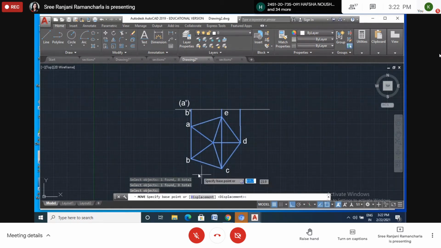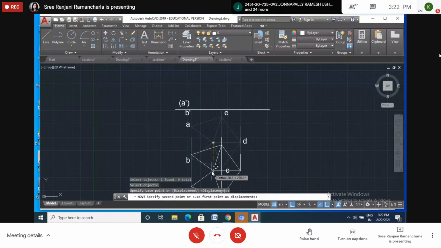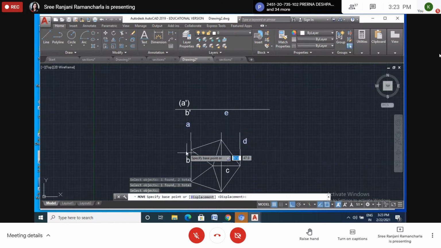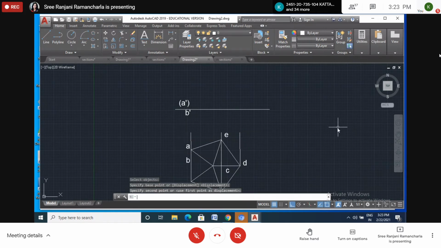Enter, I selected all, then I want a base point, so I will take this one, anything you can take as a base point. I will also move these letters, like this. This also will go okay.